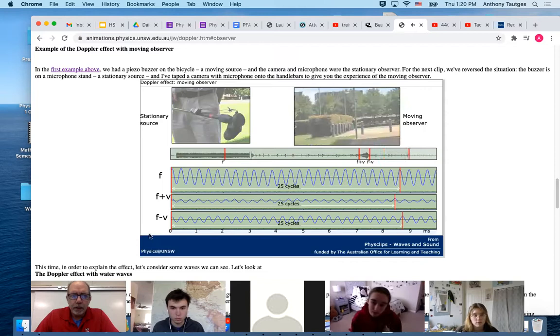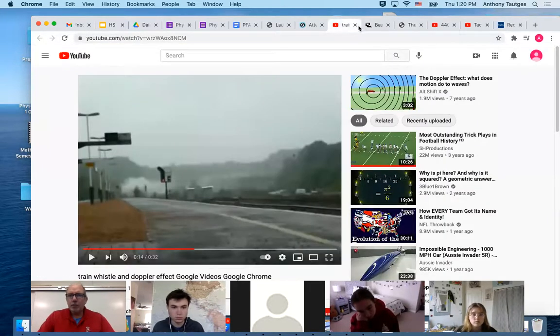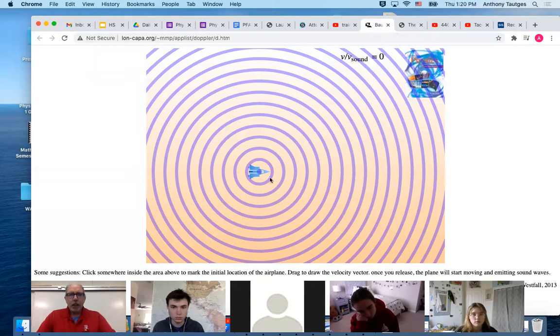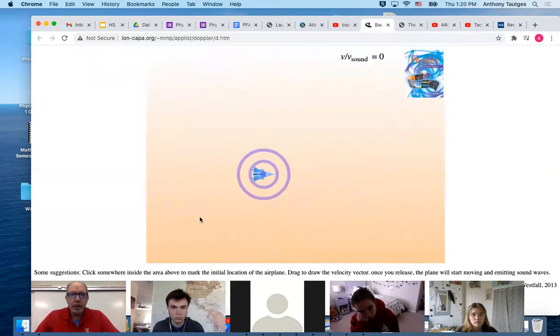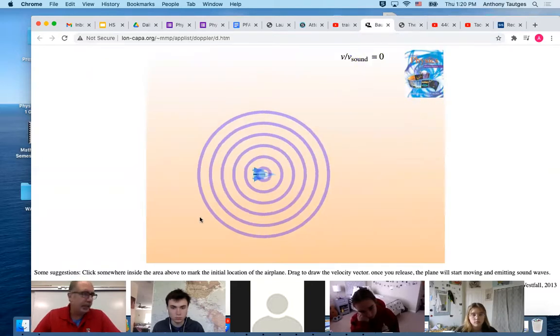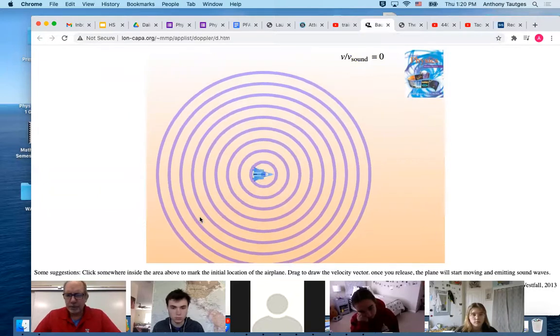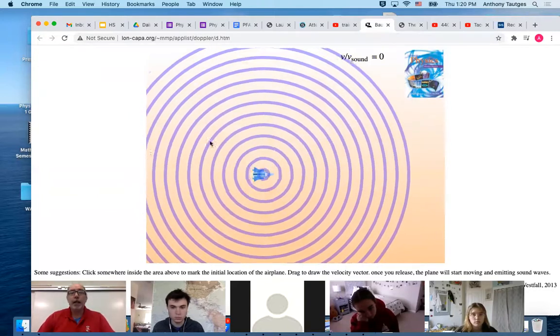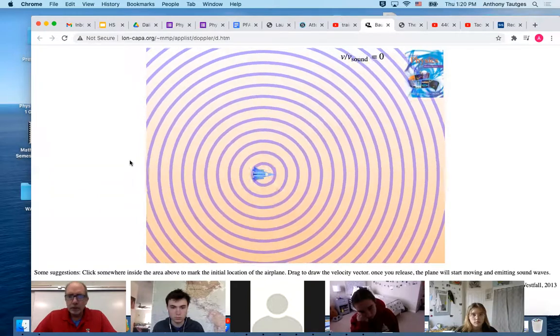Again, you hear the lowering of it, the change in frequency. This is called the Doppler effect. And if I had a plane, and a plane was hovering... What do you mean planes can do that? Planes can hover? Yeah, actually there's a British one that can, called a Harrier jet.